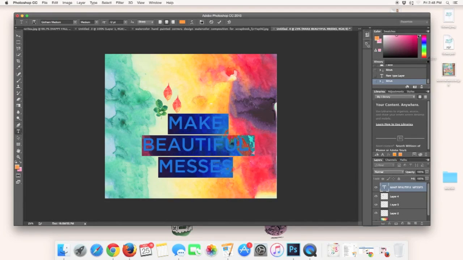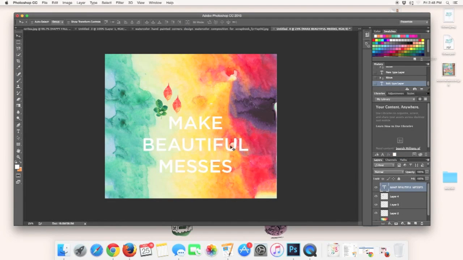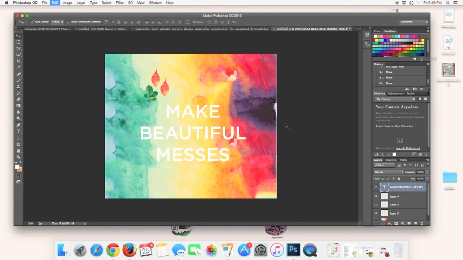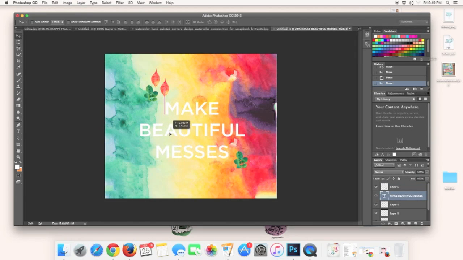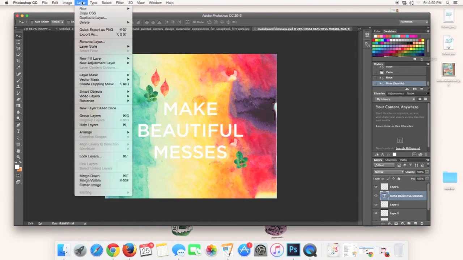But what I wanted to do is make the text white. I think that serves as a really nice bold contrast. And then I grabbed another leaf cluster and placed it right here. So I decided that it was done and it looked really good. And what I needed to do to print it was actually make sure that everything was exactly where I wanted it. And then I'd go to Image,